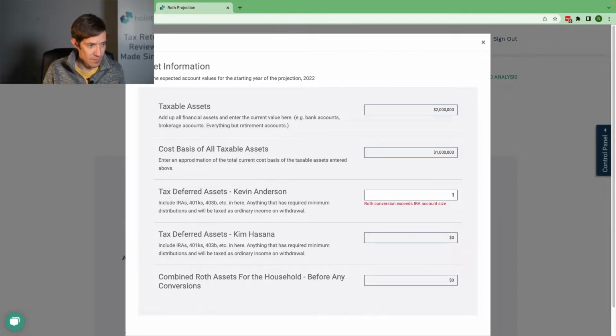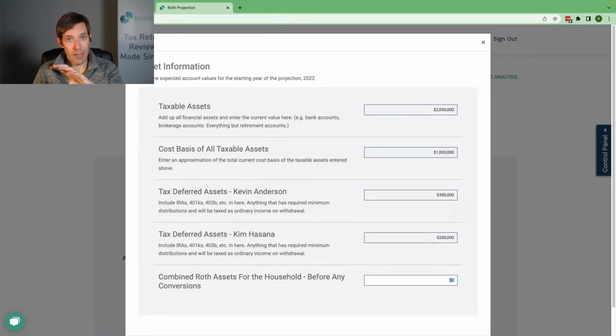Tax deferred assets. Right now, at least, it's one huge bucket. And so I know there are cases where, say, a client will have IRA money and maybe some employer type money, and if they're still employed past RMD age, this just assumes that everything is coming out at RMD age, right? So it treats it as if it's all IRA money. And then Roth is just a combined account